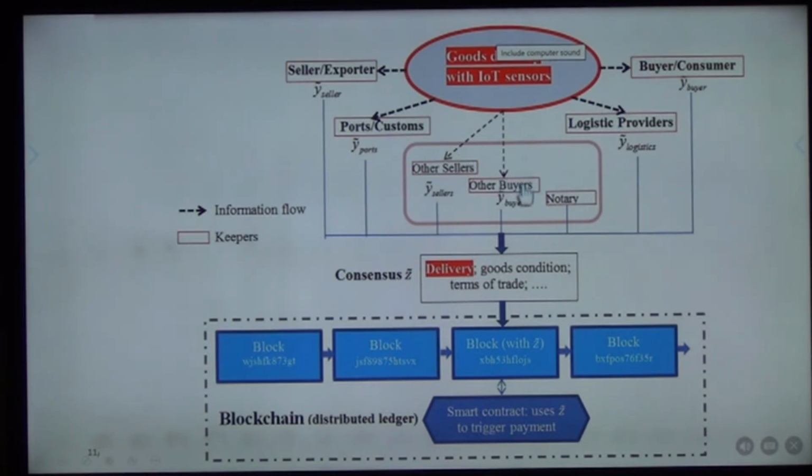Okay? Let's say the port authority in Karachi wants to have all their operations on blockchain. So they have a smart contract where there are different sellers, different buyers, the port, customs, logistics providers, all are part of the network. And the transactions are happening, sellers are selling, buyers are buying, okay? And they just collect, let's say, 1 day worth of transactions into a block and make it part of the blockchain. So this is how the blockchain can work.